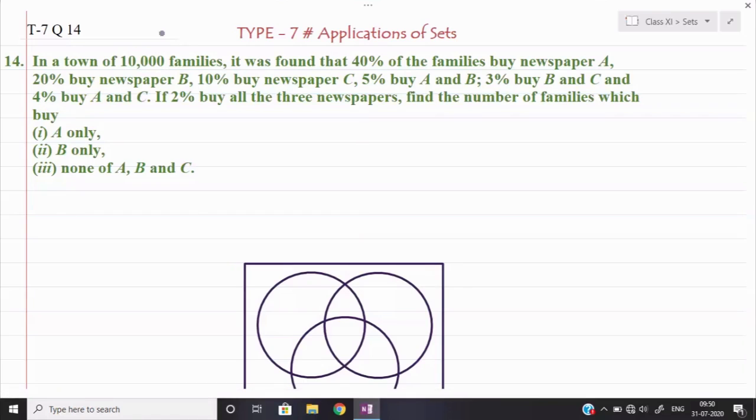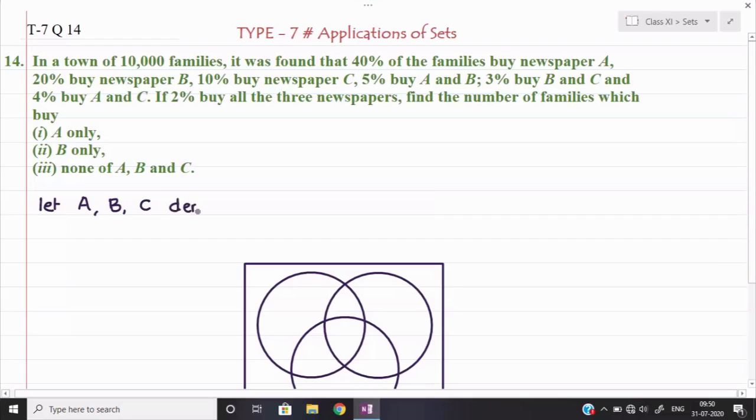Okay, now first, whatever is given is not proper data, it is given in the form of percentage. So first we shall find out the proper data in the question, means we shall set the given data according to requirement, and then we shall find all three parts. So first I will denote the symbols for the given sets. Here symbols A, B and C are given already, but we shall define them in our proper manner, because in the beginning of sets we covered that only well defined collections are called sets. Okay, so let A, B and C